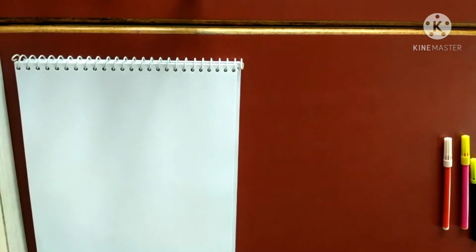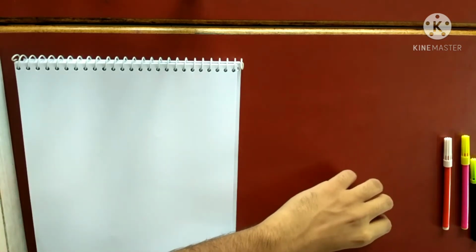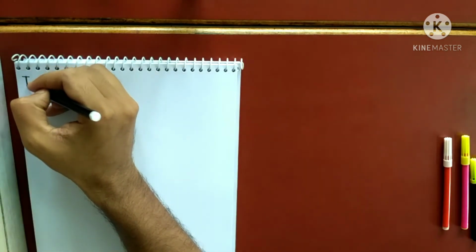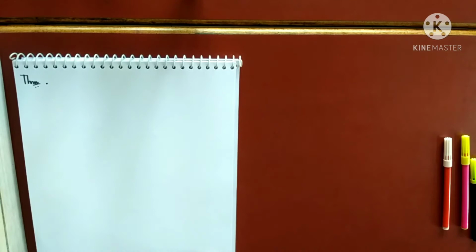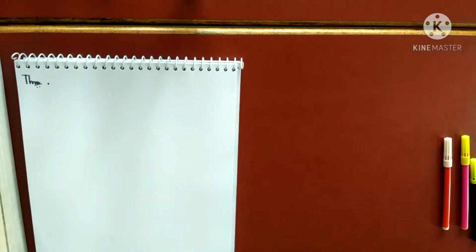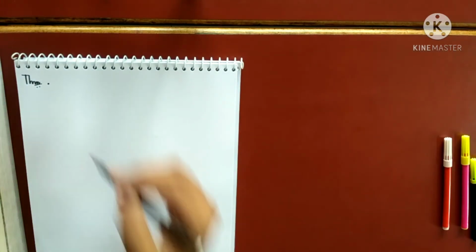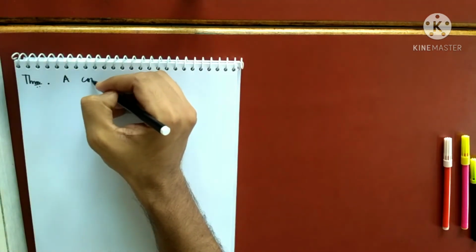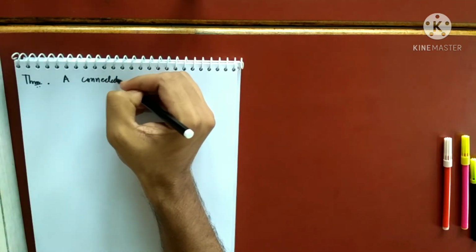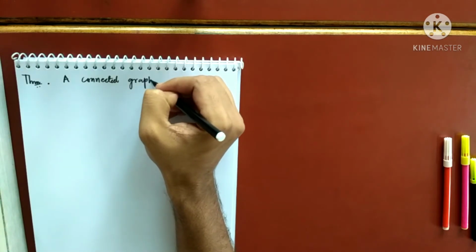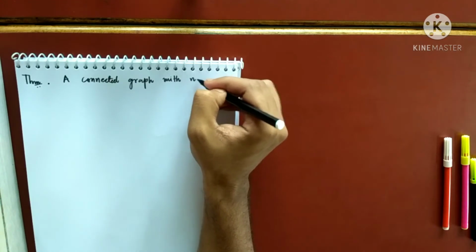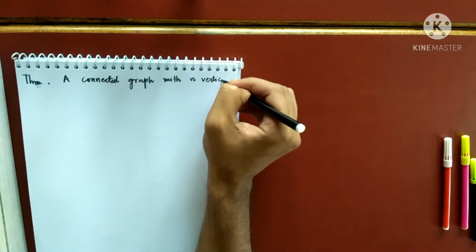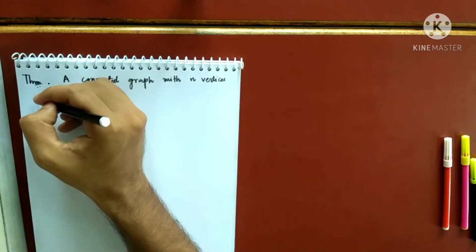Now we will do two theorems based on connected subgraphs. This is the first theorem about connected subgraphs. What is the theorem? A very interesting theorem. A connected graph with n vertices has at least